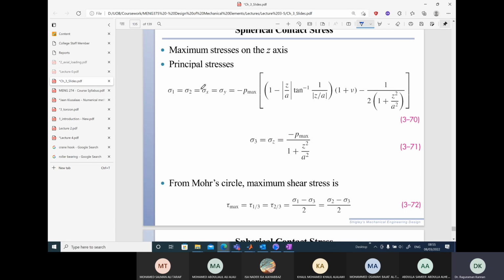So we have sigma 1 and sigma 2, which are equivalent to the xx and yy components given by this formula based upon the P max value, and the sigma 3 value is also given. A we already know. What is Z? Z